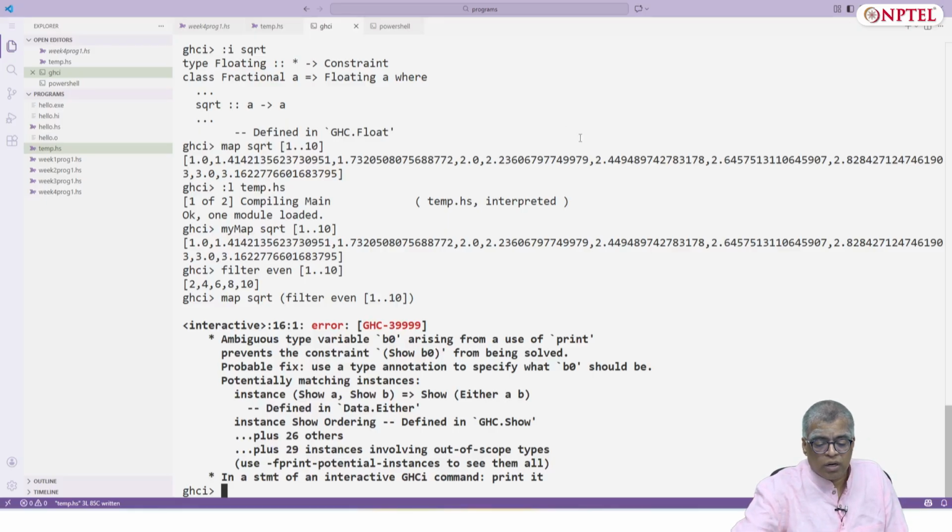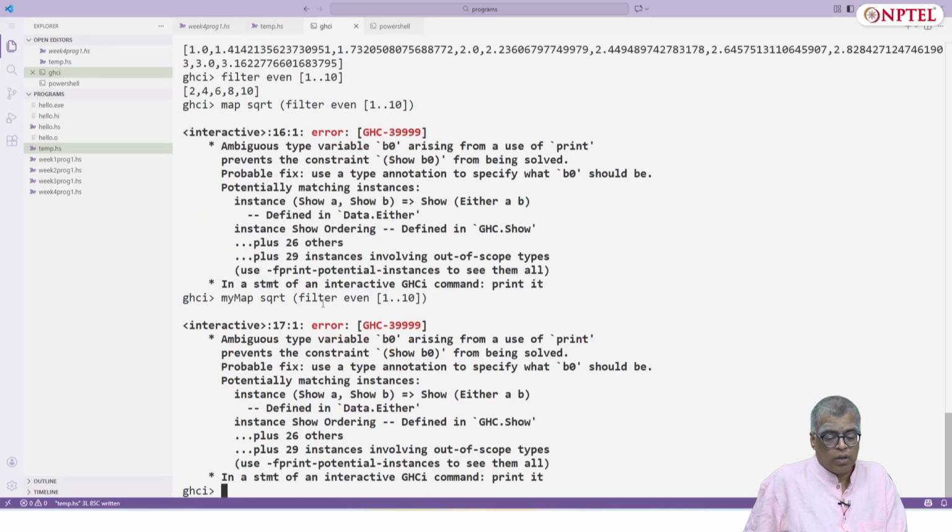So there is an error. It is not clear what the cause of the error is. Let's try my map and let's see if it works. I get the same error because I did something wrong somewhere, I suppose.